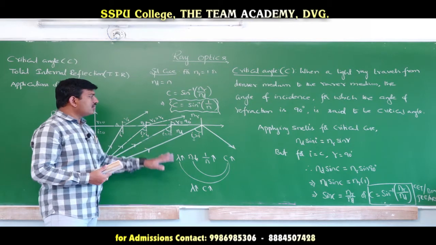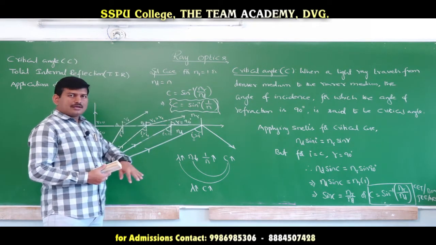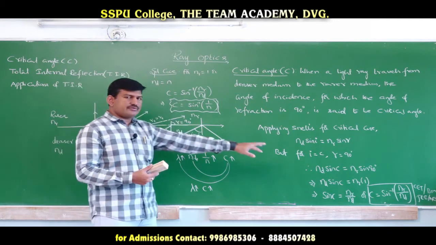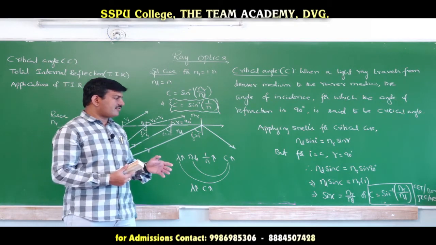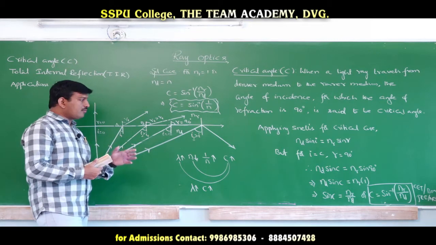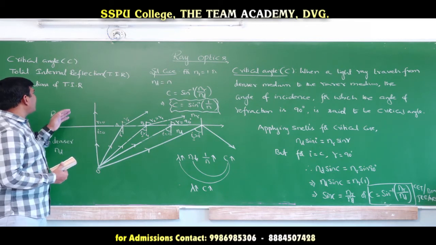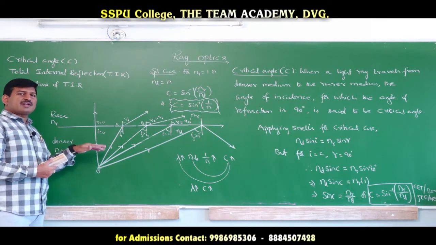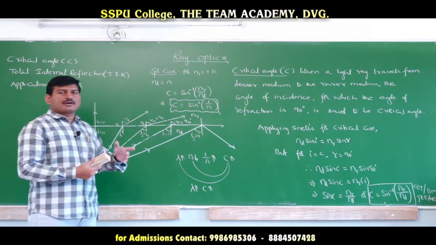So this is about the critical angle case. C is equal to sin inverse of 1 by N is the basic formula that we are using, or more clearly it is better to use C is equal to sin inverse of Nr by Nd, where Nr refers to the refractive index of the rarer medium and Nd refers to the refractive index of the denser medium. And one more thing regarding the critical angle: what are the conditions for observing it? The light ray must and should travel from the denser medium to the rarer medium.